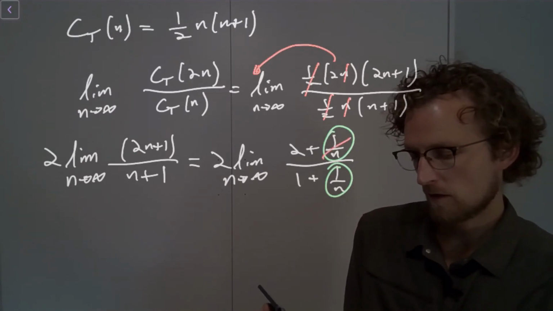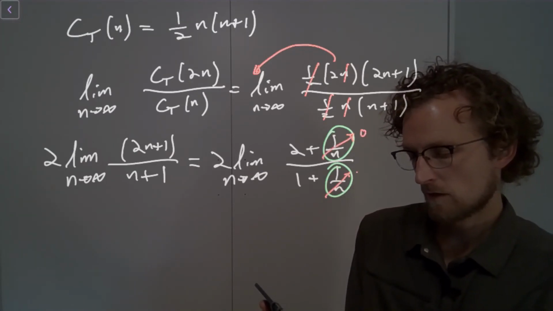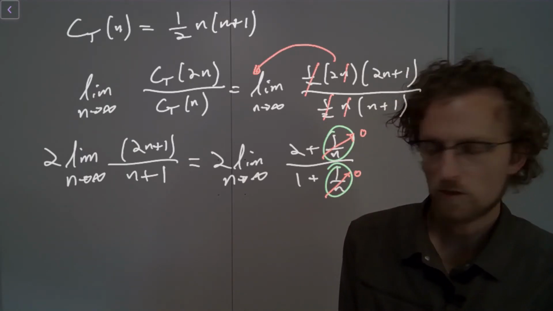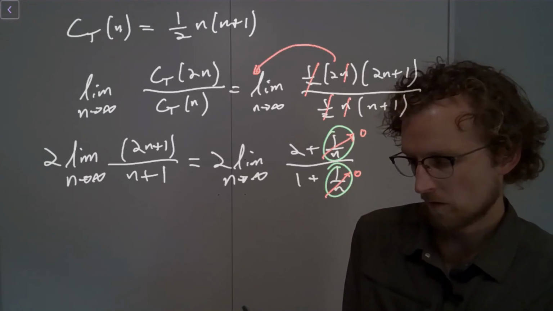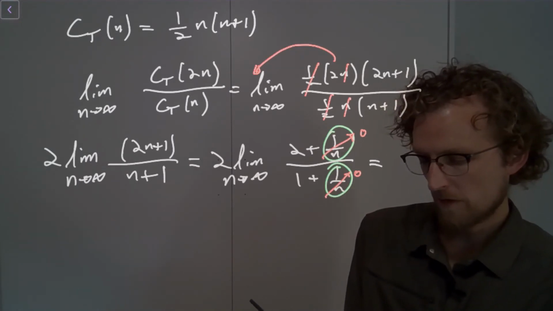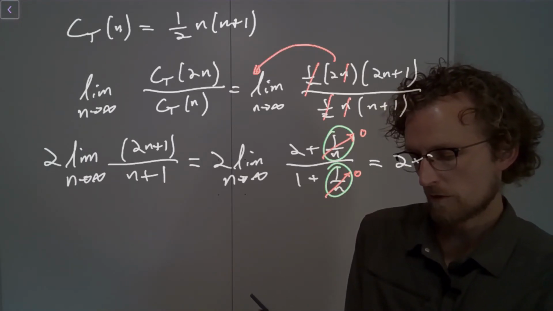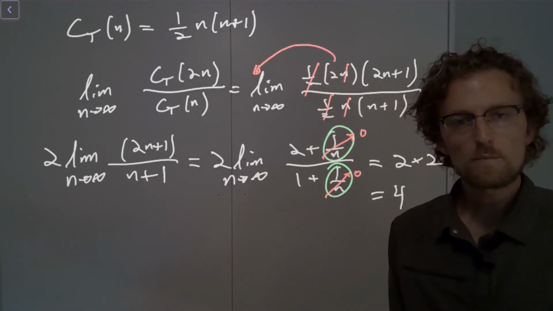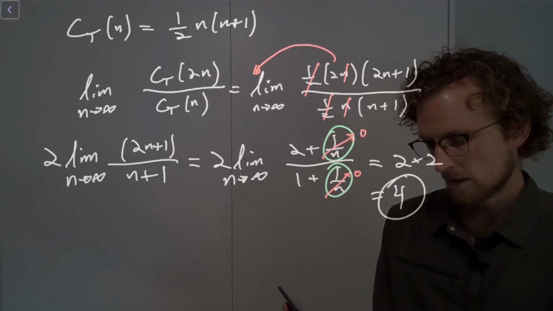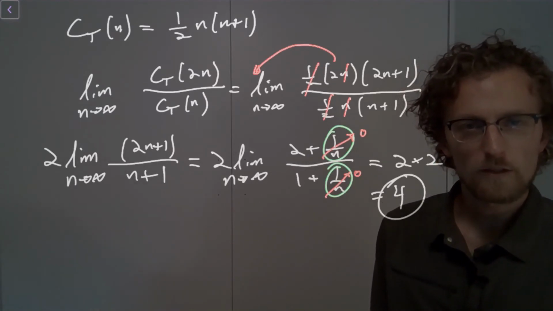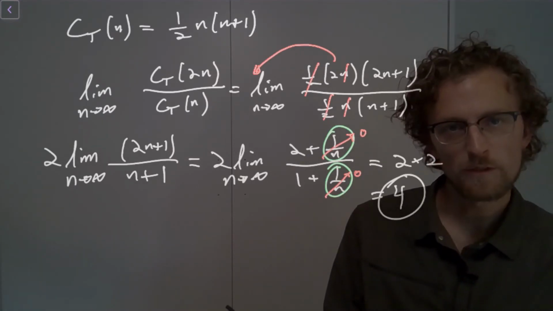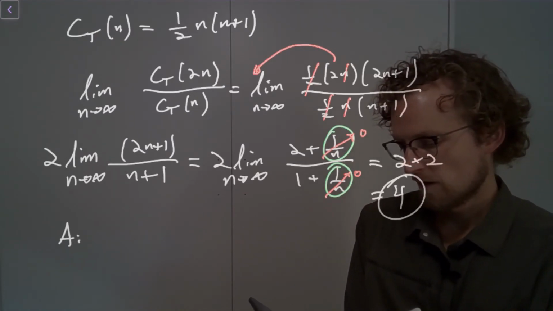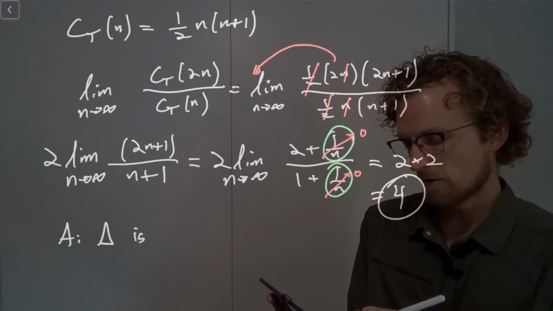So this goes to 0, this goes to 0, and we're just left with 2 divided by 1, which is just 2. So in the end, what do we have? We have this thing equals 2 times 2, or 4, right? So which of the shapes that we've talked about before has this characteristic, where the number of dots quadruples when the dimension doubles? The grid, right? So what's our answer? The triangle is like a grid,